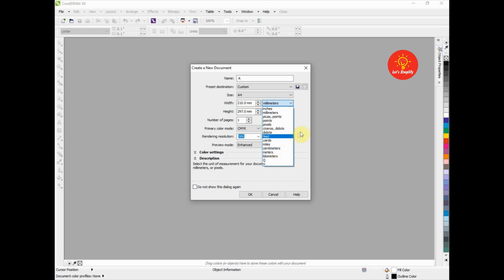Like this. Below that we can see this is the orientation of our document. Whether we want our document in landscape or in portrait, we are going to decide it from over here.